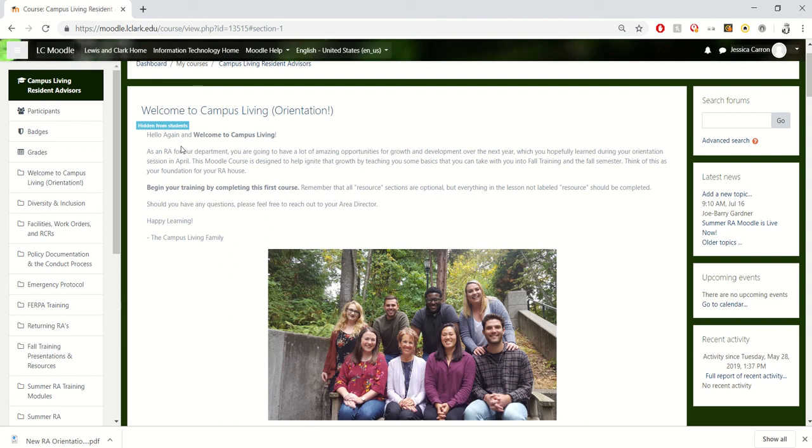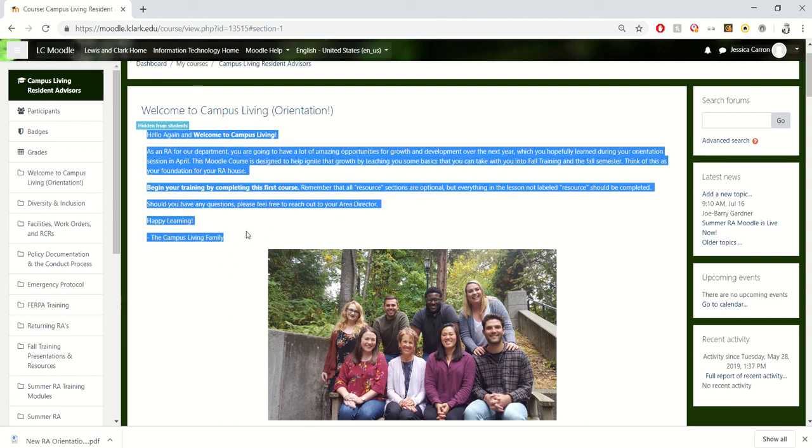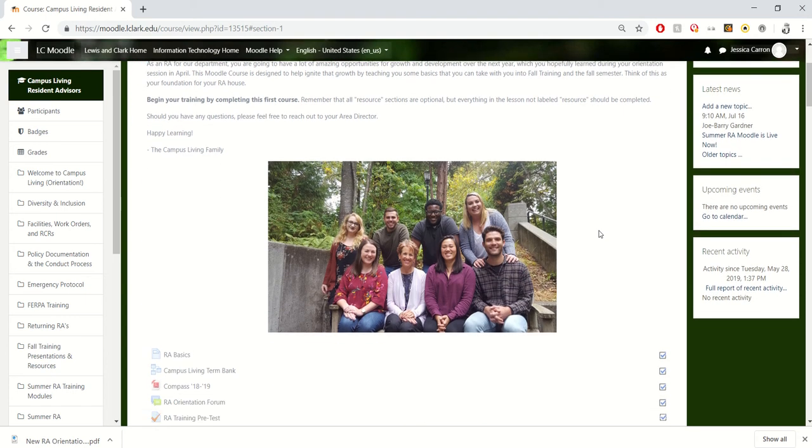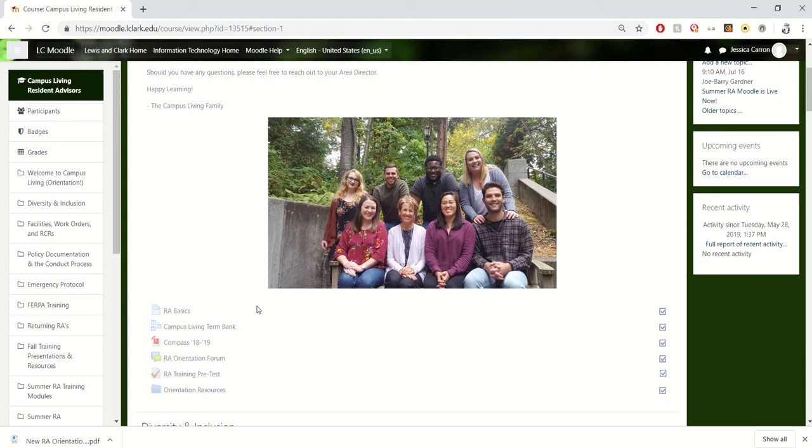So in this section, we have a little note for you at the beginning, just a little welcome, as well as our pretty little faces for you to stare at. So that'll be the first thing you see when you log in. Aren't you so lucky? Once you read that note, and not every section has a note, you can scroll down, and down here you will see